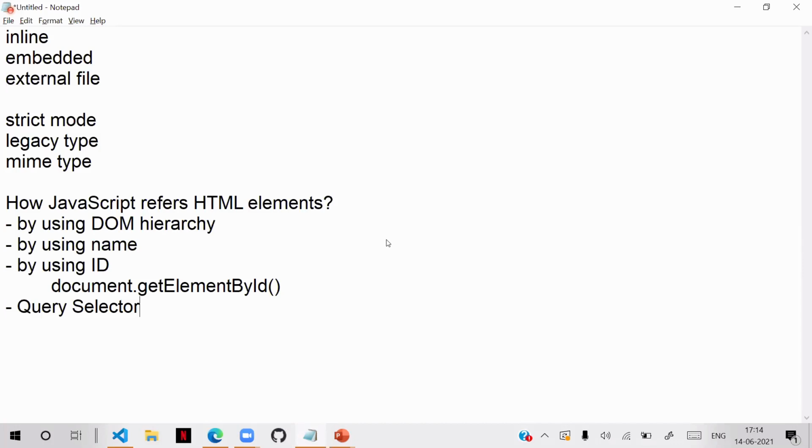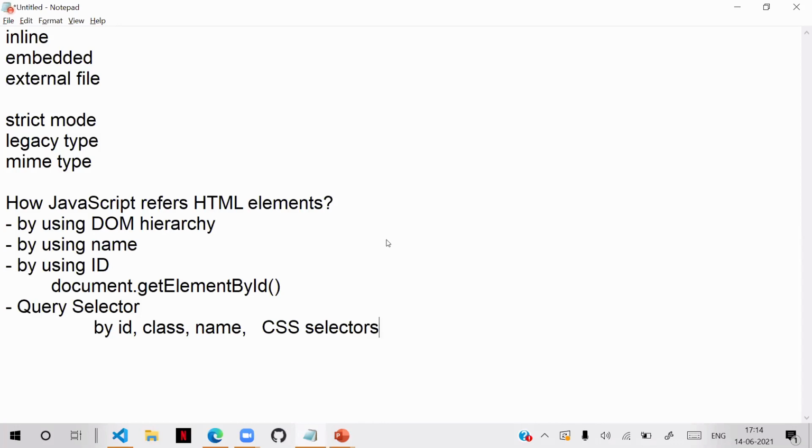The advantage of query selector is that it can access elements by ID, by class name, or by name. So it can access using all the techniques. That means it uses CSS selectors. By using CSS selectors, you can access.